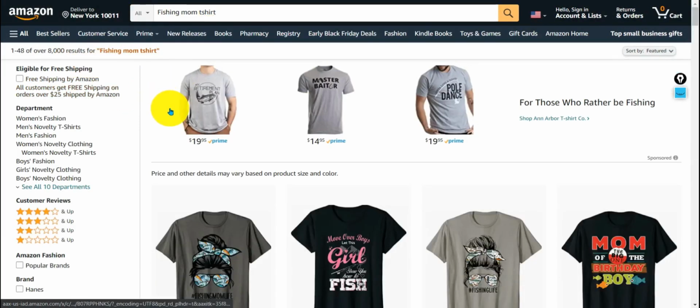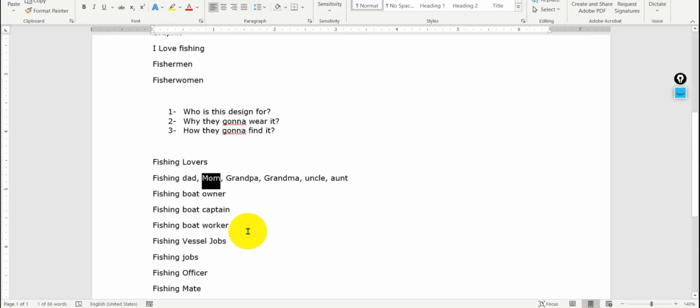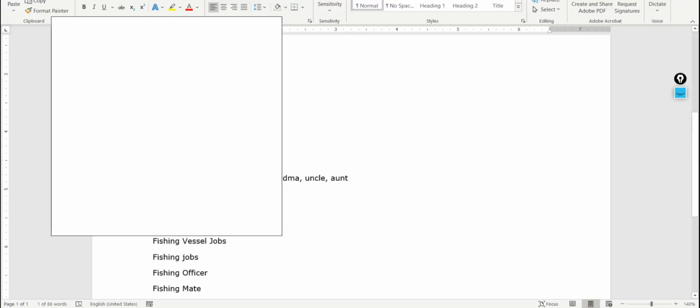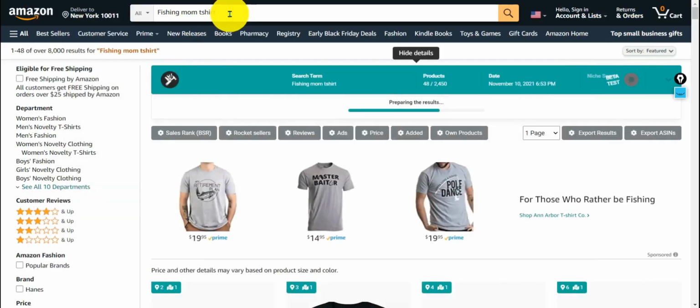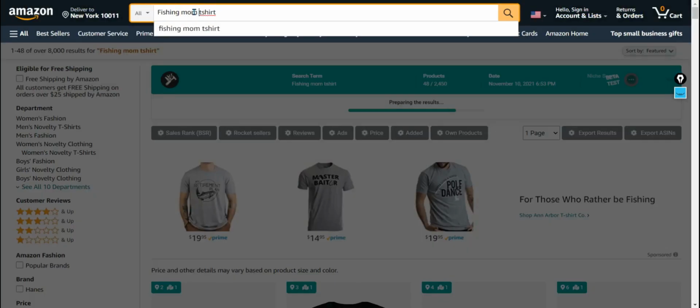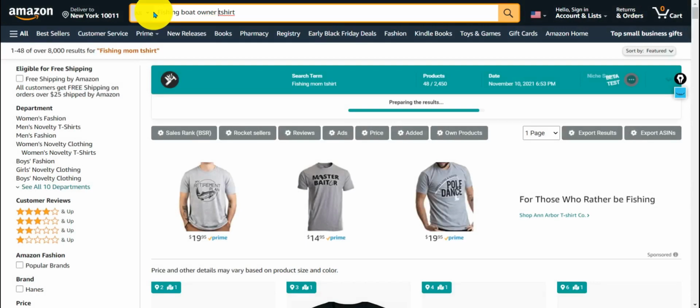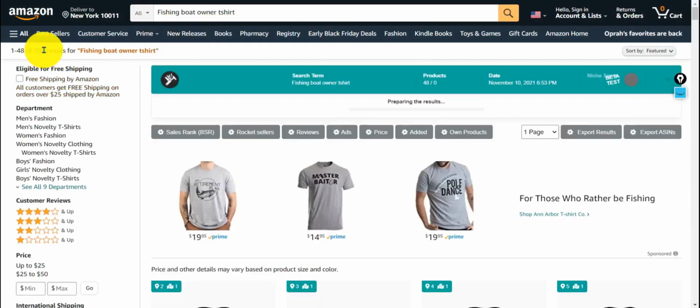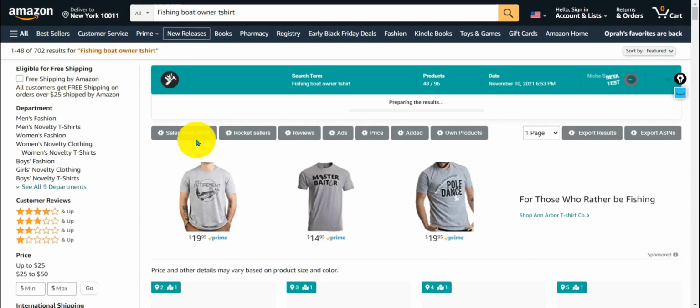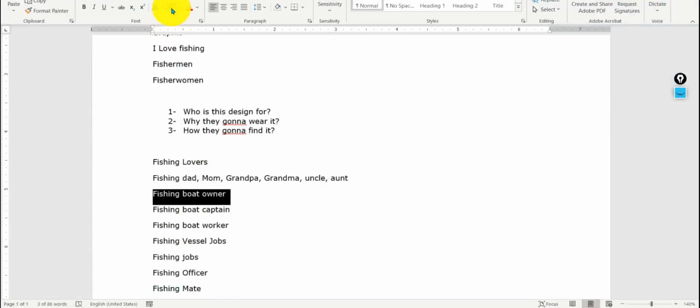Okay, so now I take the next one, fishing boat owner t-shirt. Fishing boat owner t-shirt, 702. This is good. So this means that this keyword, I'm going to highlight it,